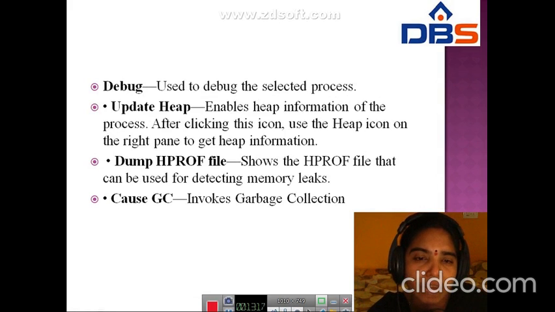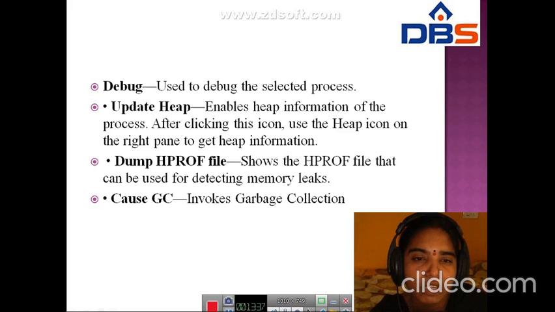The next icon is Update Heap, which enables heap information of the process. After clicking this icon, you have to use the Heap icon on the right pane to get heap information. Dump HPROF file shows the HPROF file. It can be used for detecting memory leaks.